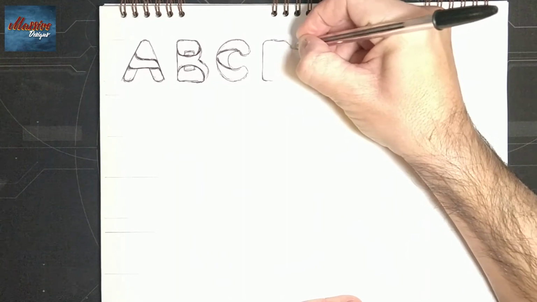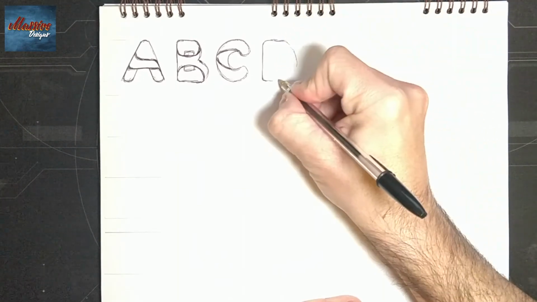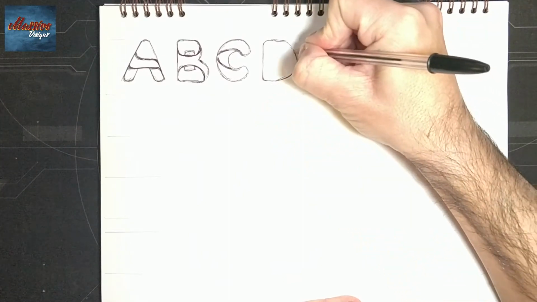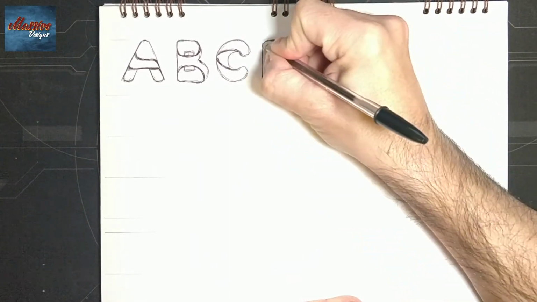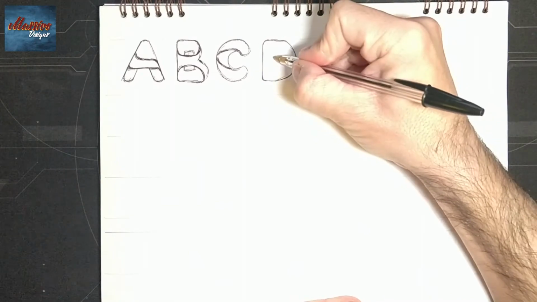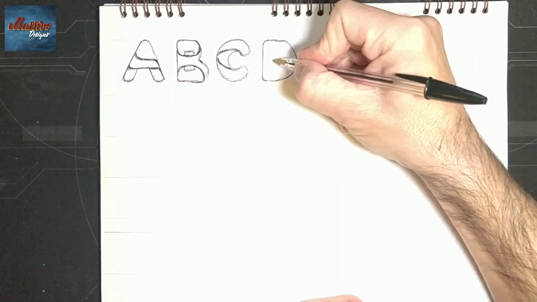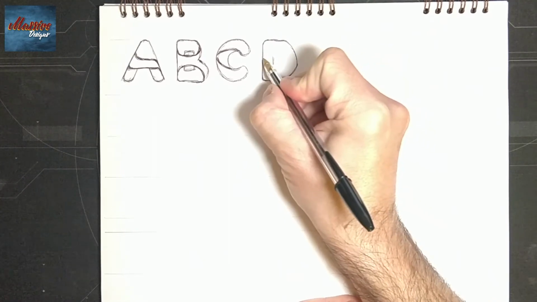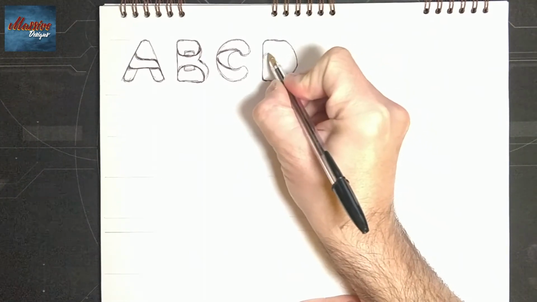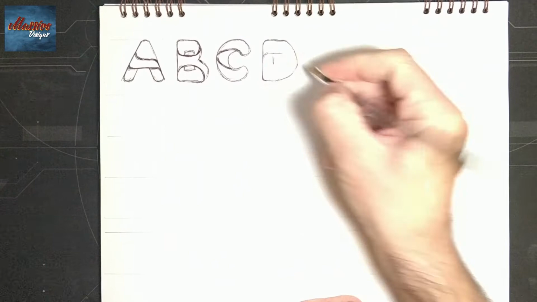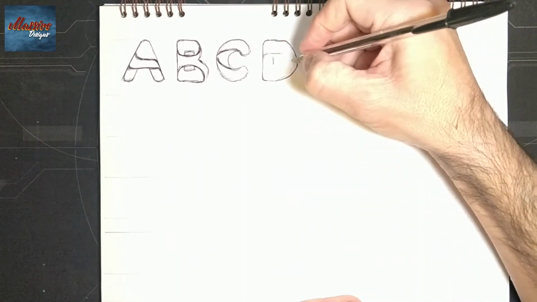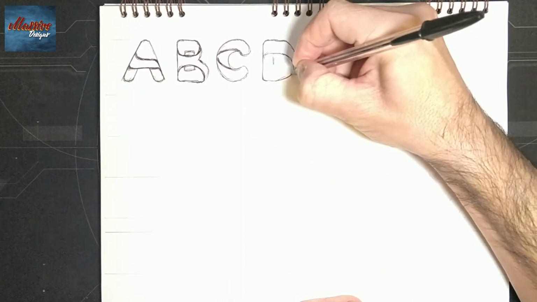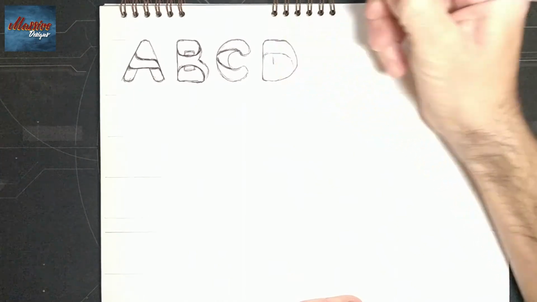For the D you do a small arch like this, and now for the inside I want this line again, the one that kind of cuts the letters, something like this,